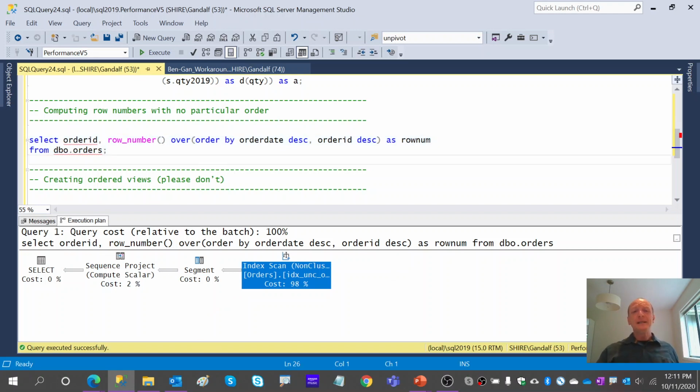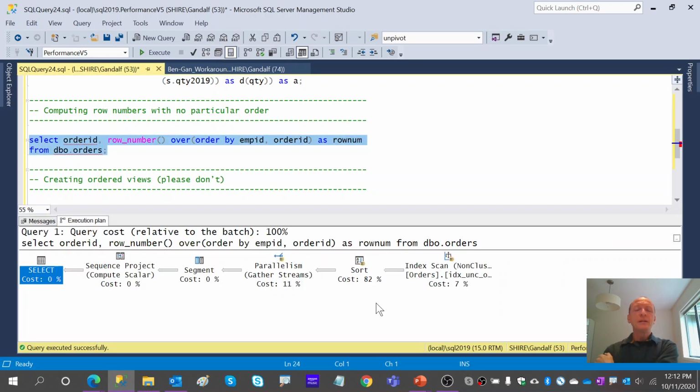Thing is, if we don't have the right index in place, for instance, if I went ahead and ordered by something that I don't have an index on, let's say employee ID and order ID as a tiebreaker, you will see here when we examine the query plan that there is a sort operation involved, and as mentioned, the dominant part of the plan clearly is the sort activity. The scaling becomes n times log n, and the response time is naturally affected.